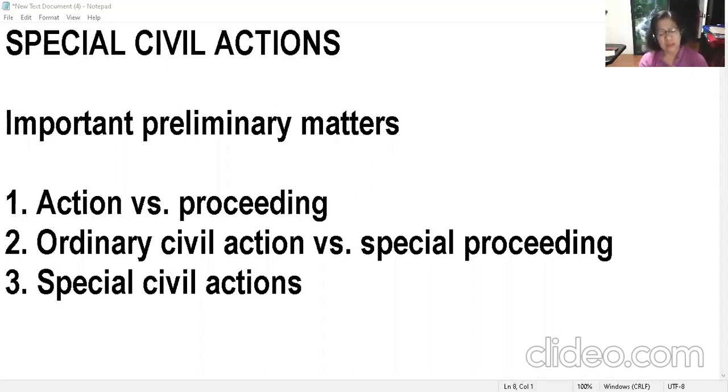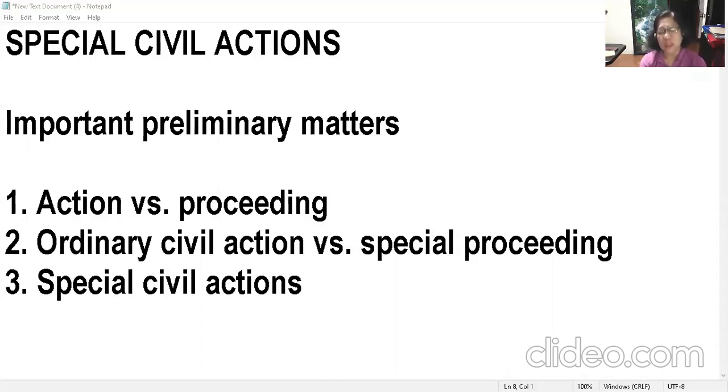also defined by Section 1 and it is a proceeding in which a party seeks to establish a status, a right, or a particular fact. Okay? So, magbibigay tayo ng mga examples later. Pero balik muna tayo dun sa concept ng action. Like I said, when we say ordinary civil action, we are really referring to a case where there is a